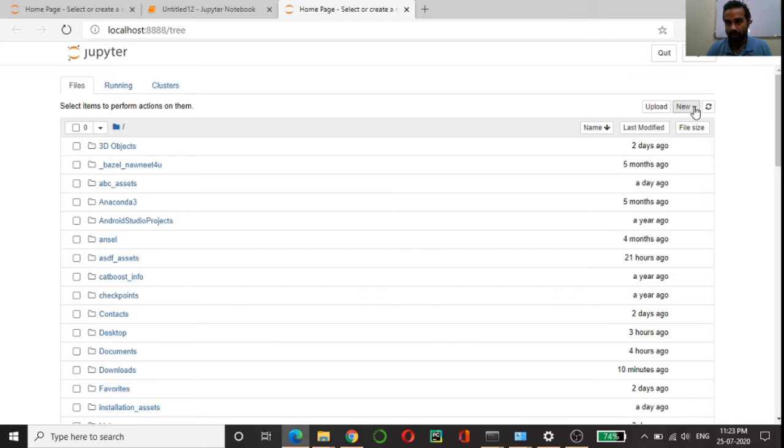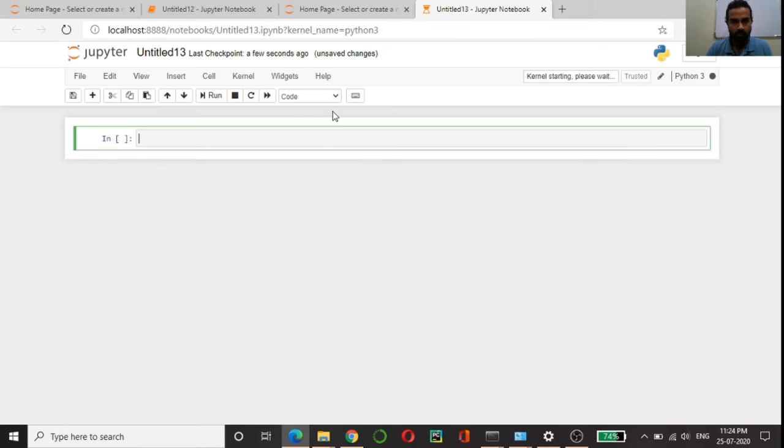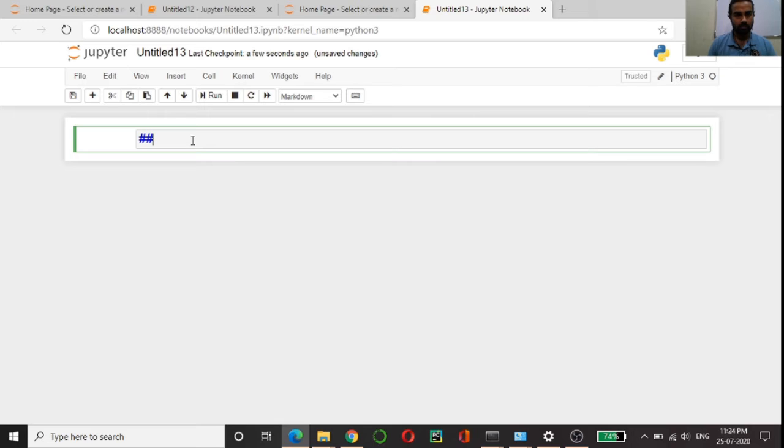Now we are going to create a new worksheet. So in the Jupyter notebook you have two things here, you can see code and markdown. If you click on markdown, this cell will not be considered under code. You can write your comments here or some title here.